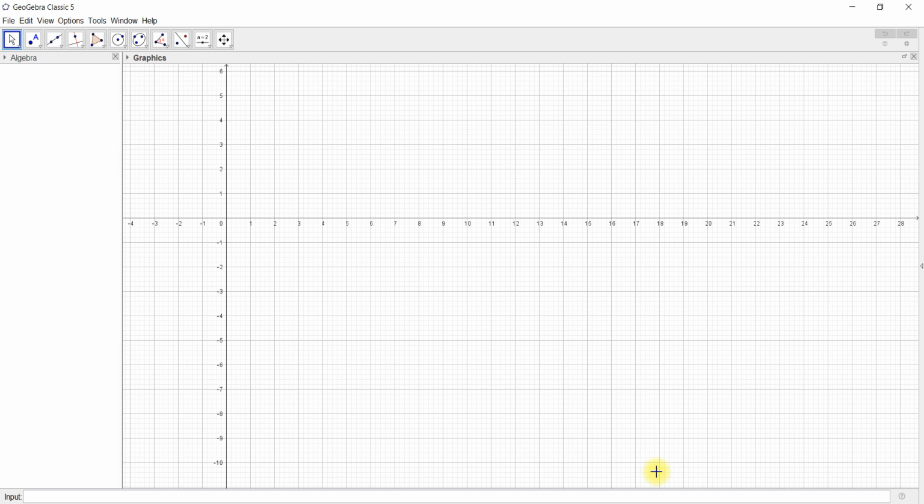I'm using the desktop version. I prefer using it. If you want to use the online version, that's fine. A couple of things that I'm going to do. Number one, as a default,